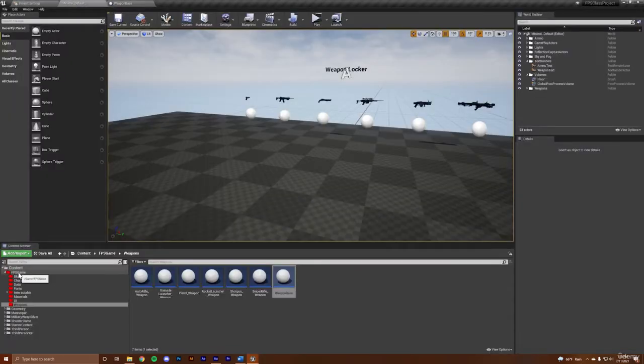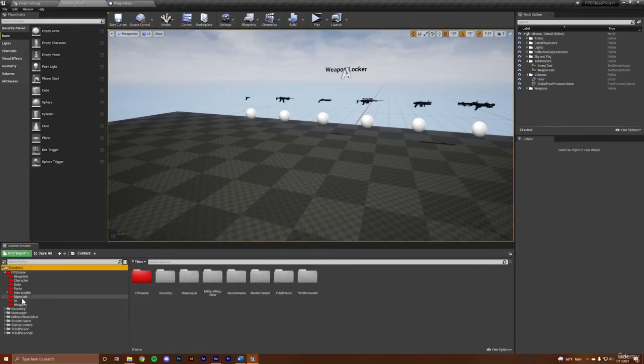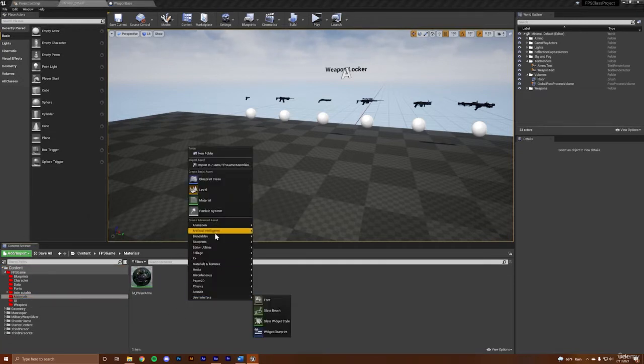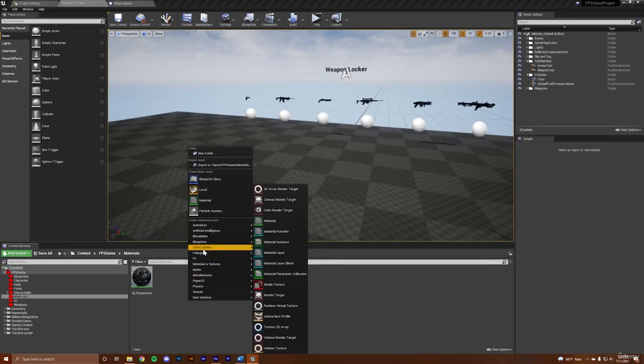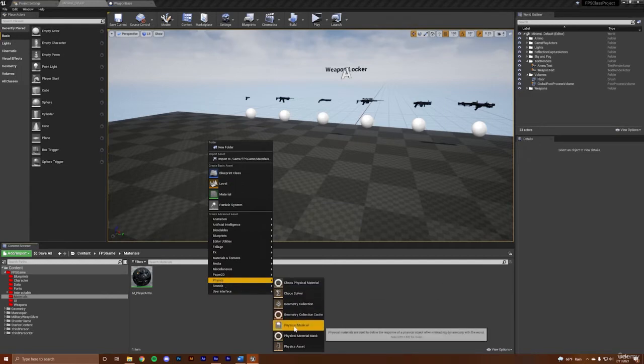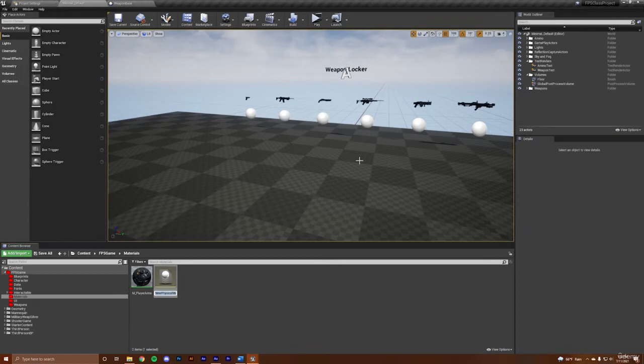Let's go back into our FPS game and create a new folder. Oh, actually, we already have a materials folder. So we're going to create physical materials, and we'll just keep them all in the materials folder. So let's right-click and go underneath, where is it? Materials. We're going to create a physical material. I am blind. Why is it not in here? Is it under, oh, it's probably under physics. Physical material, okay. Click on physical material, and then let's call this